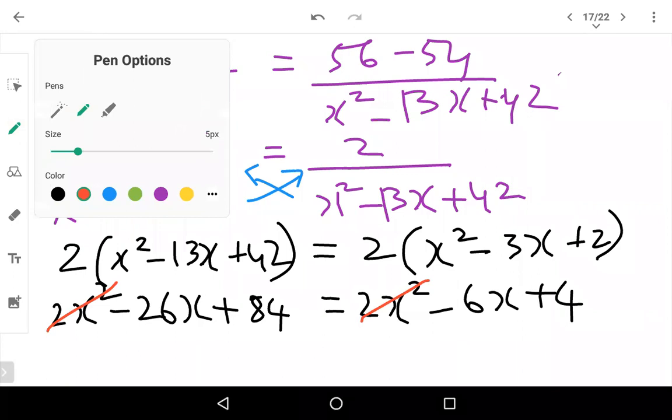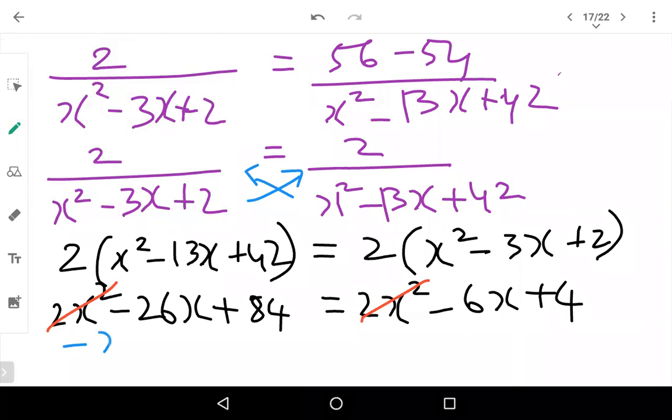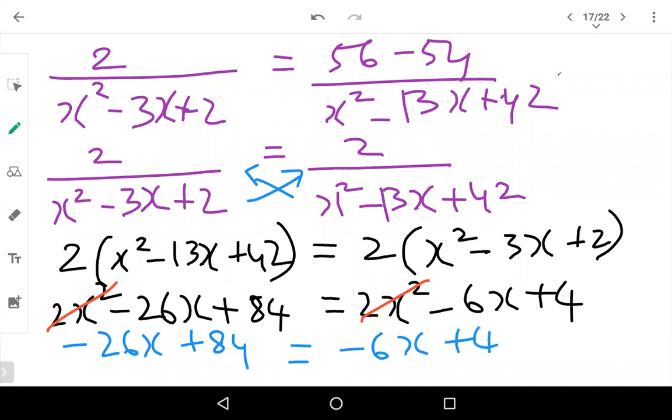Now in the next step, what is remaining? Minus 26x plus 84 is equal to minus 6x plus 4. Okay, now let us group all the x to one side and constants to the other side. So we will get this minus 6 here, and we can take 26 to the other side. I think that will make sense. Okay, so the next step is